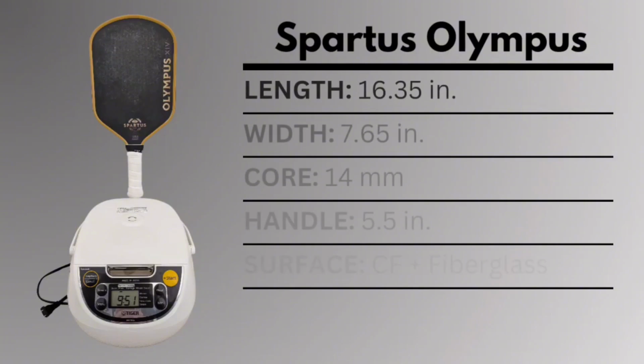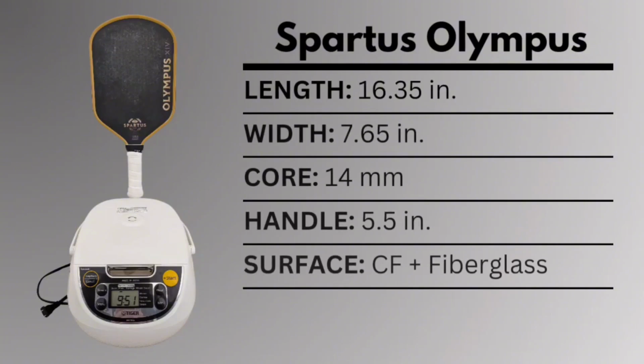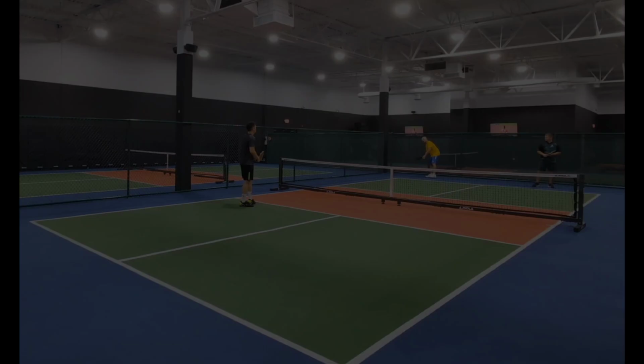And finally, for the number 1 spot on this list, and my current favorite paddle, I can't talk too much about this paddle right now, so you'll have to wait for the full review, because this paddle hasn't been officially released yet, but this is going to be the Spartus Olympus. I'll talk more in detail about this paddle in its review video when the paddle officially releases, but